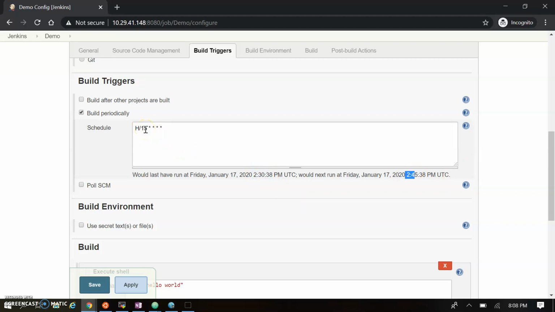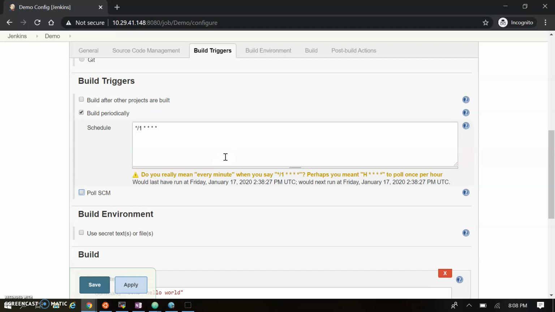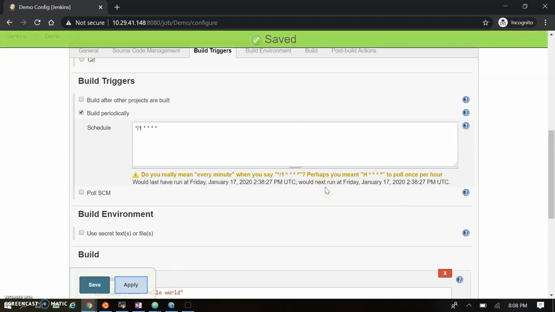If I want to run this job each minute, it will run each minute. You can see here, it's now 2:30, it will run at 2:30, 3:30. So this will run each hour, not each minute. So for each minute we have to change this. So this will run each minute. It's 2:30, 2:30. So let's save this one and try to understand how it runs.